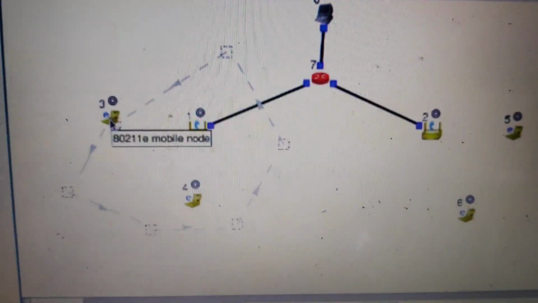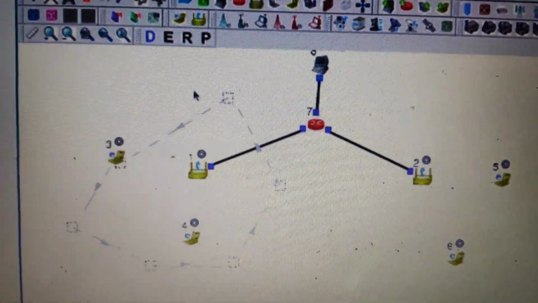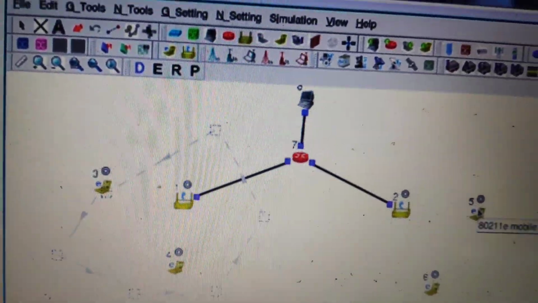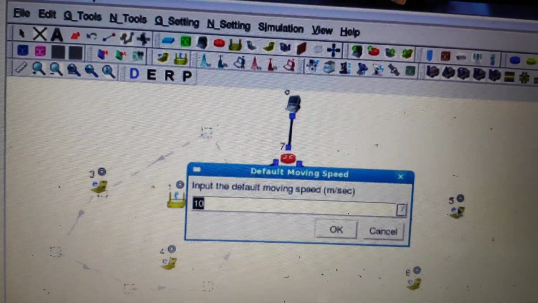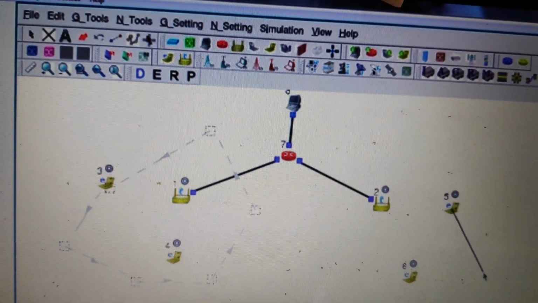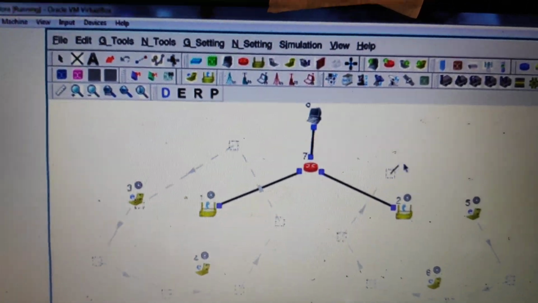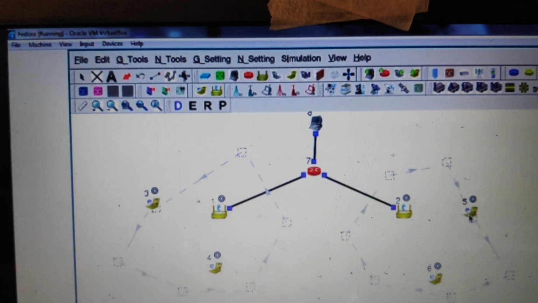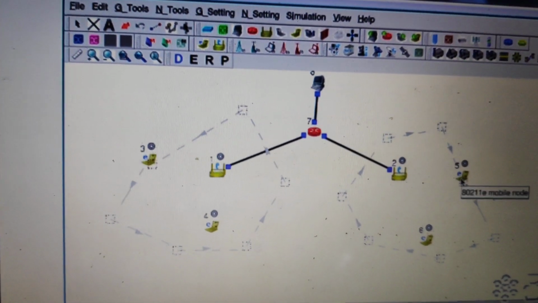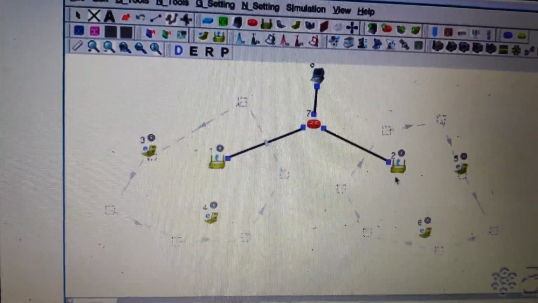So we have done the create moving path for this mobile node. I am going to repeat the same step for one of the mobile nodes on the other side also. Just click on the mobile node. It will ask you for the drawing speed; just give the default, which is 10, and move around the access point. We are going to analyze the performance, the throughput, when the node is near the access point and when it is far from the access point. This is the topology that we have done.